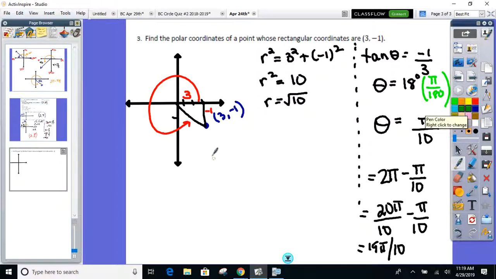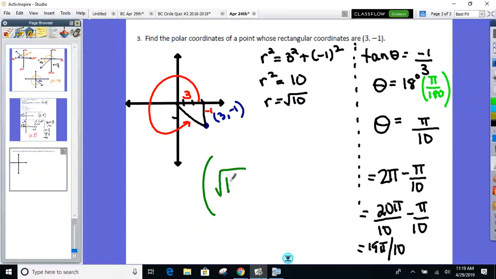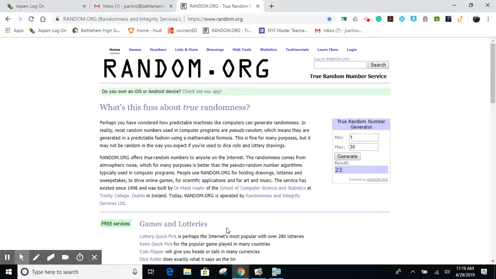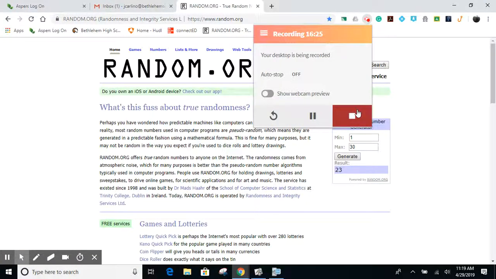So final answer here, that polar coordinate is radical 10, comma, 19 pi over 10. Anything there? I know this is becoming a kind of theme here, but we'll be in the